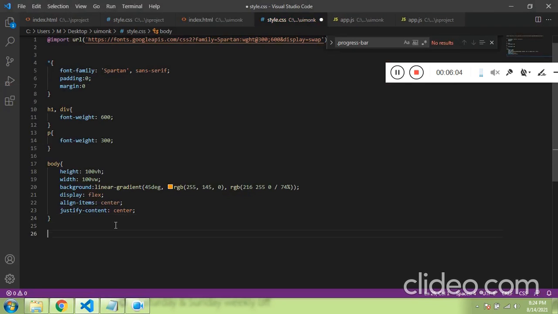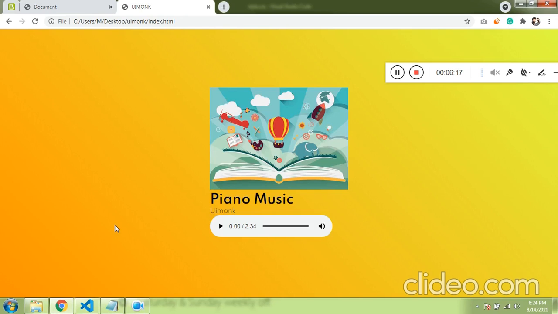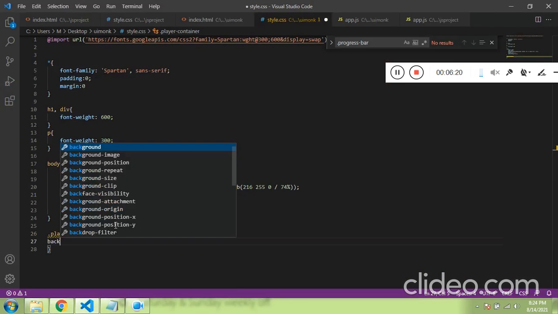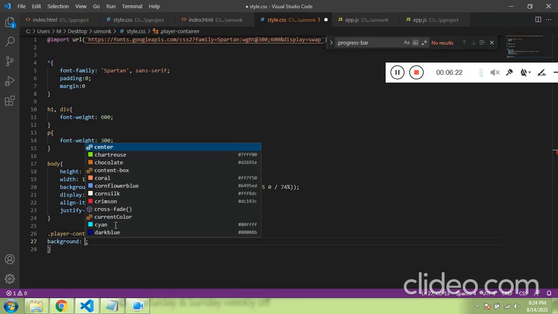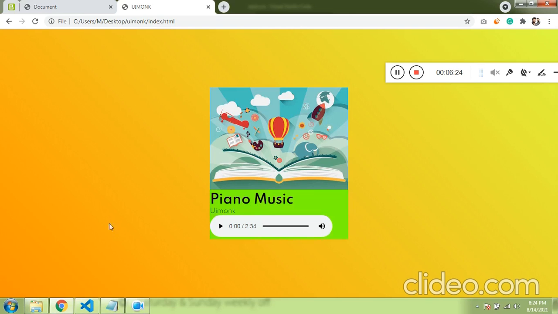Cool. Now let's have the player container, let's give the background color as something different.